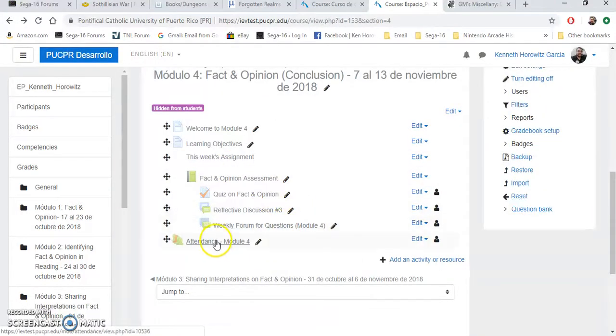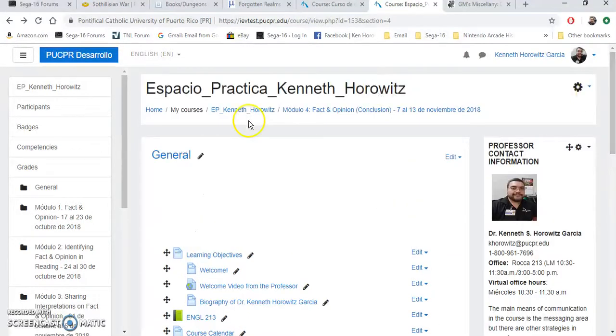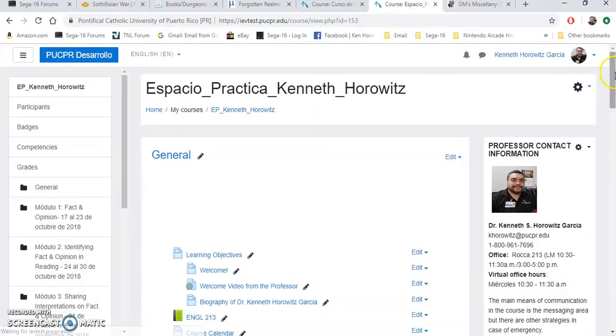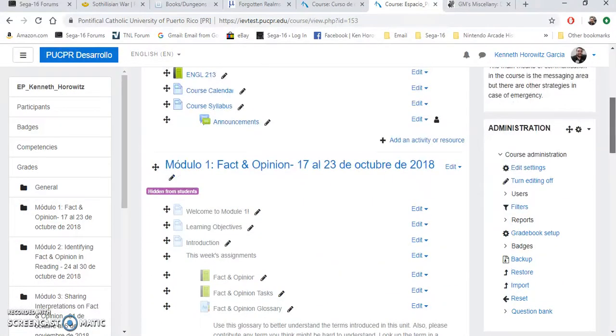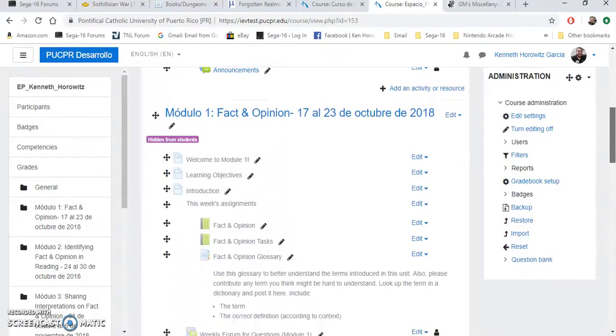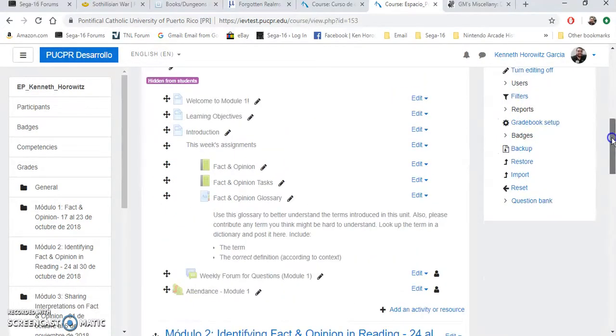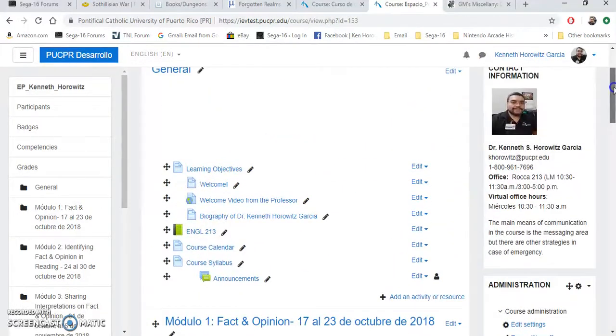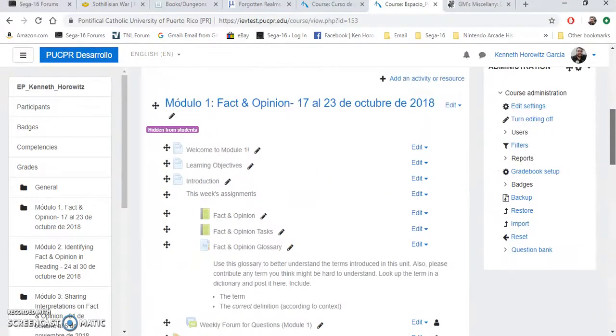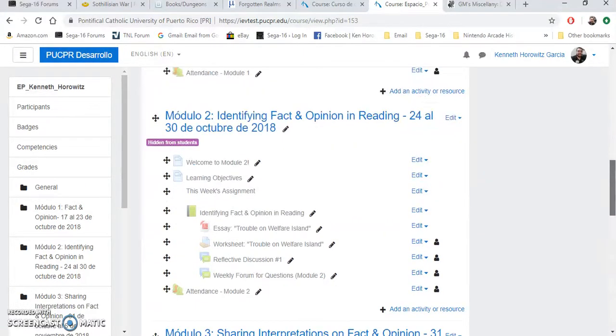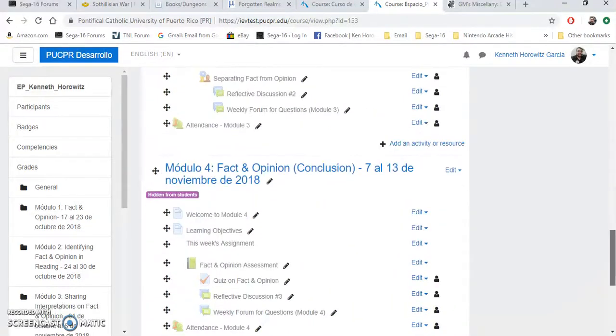And then the forum for questions and the attendance. So, as you can see, this is pretty much complete. I do believe I'm missing the audio, but with everything that was going on with classes, I just was unable to get those done in time. But I think I got just about everything else that was needed for the module,